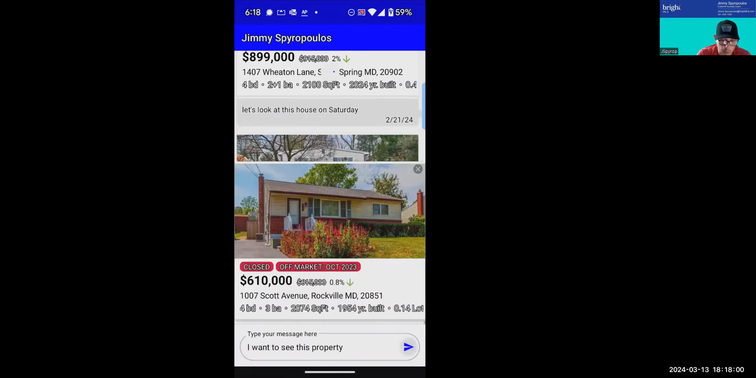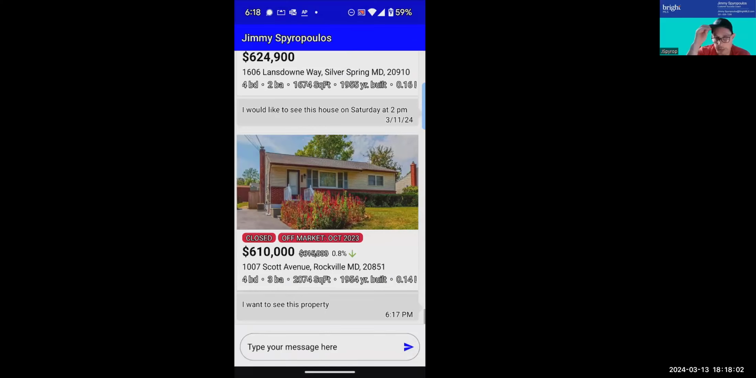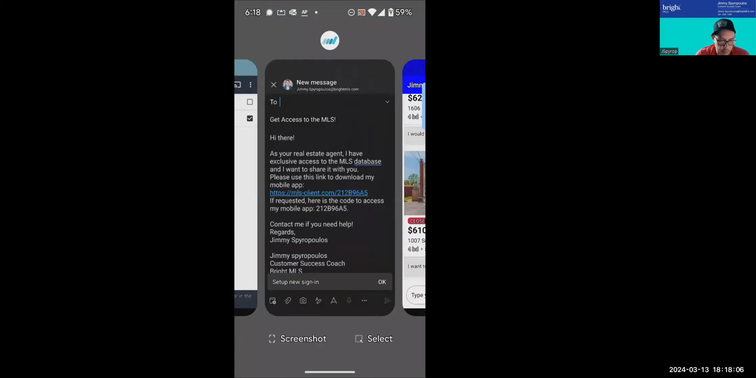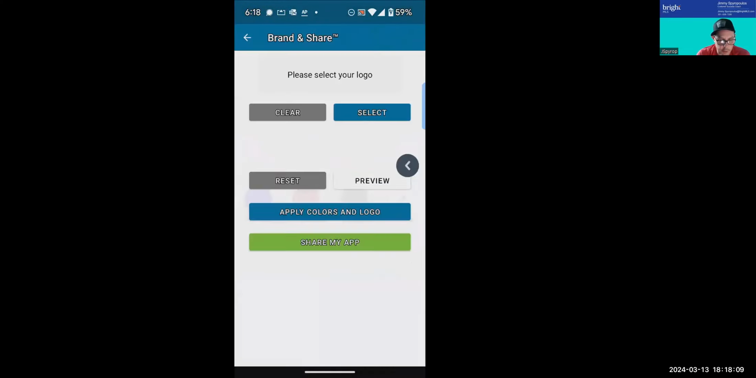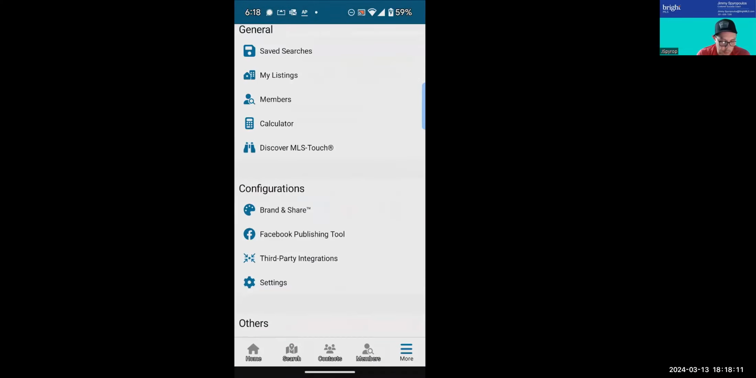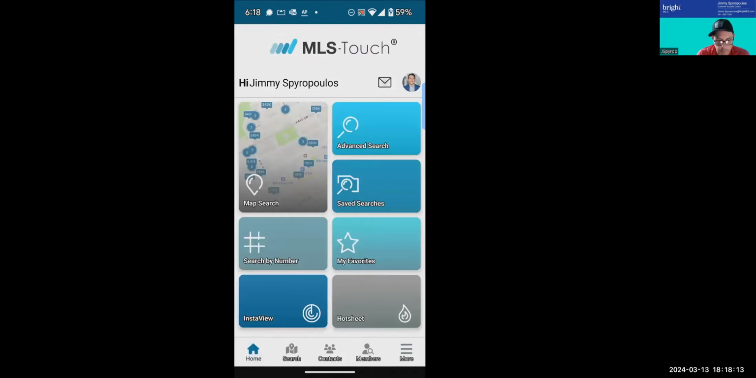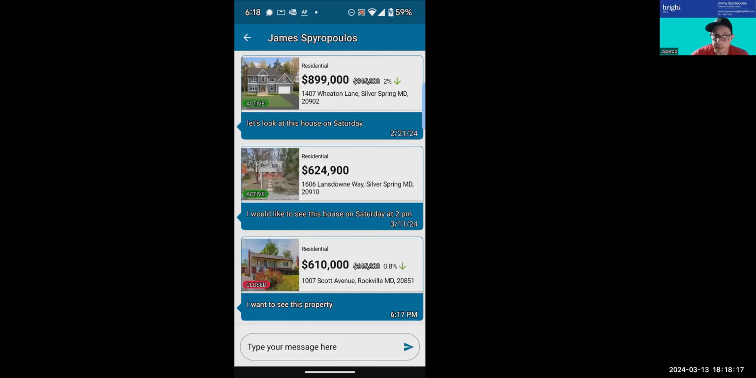Now, it's probably not going to work for me in the one sense that I want to show you, but when you go back into your app, you're going to get that notification that they want to look at that property. So you'll get that message, right? They want to see this property. If you click on it,